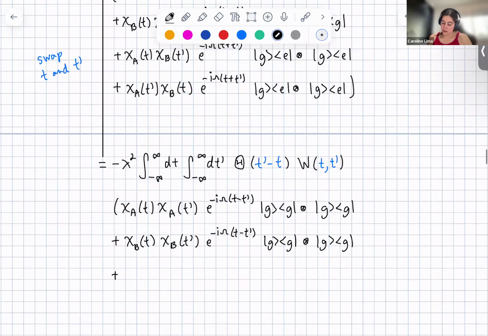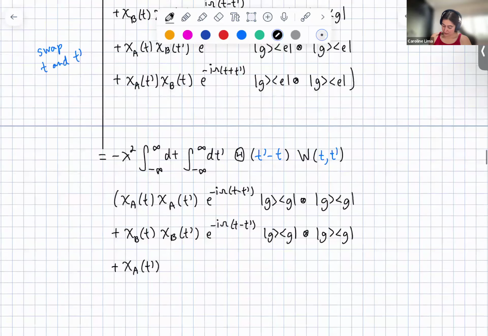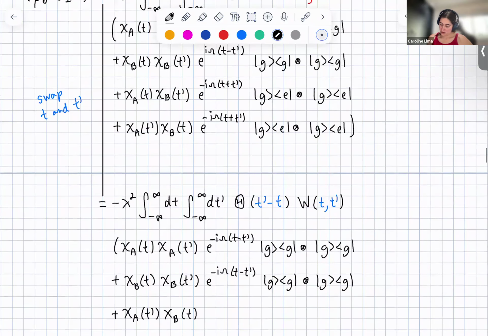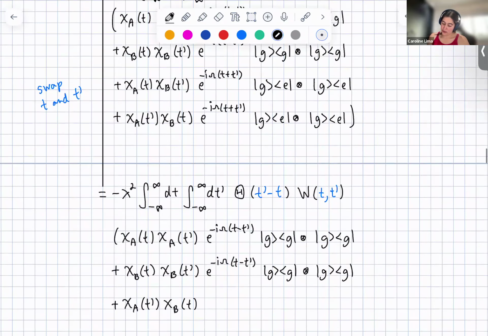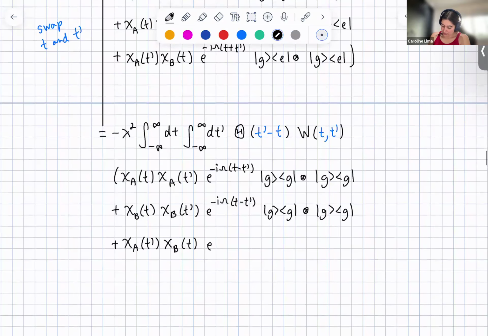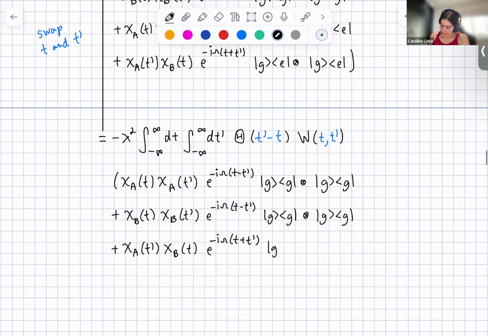So now we're going to change for chi A of t prime, chi B of t, and then swap the signs, right? Oh no, we don't swap the sign, because since both of them have the same sign, if we swap t and t prime, it's just the same thing. So we have minus I omega t plus t prime times GEG,